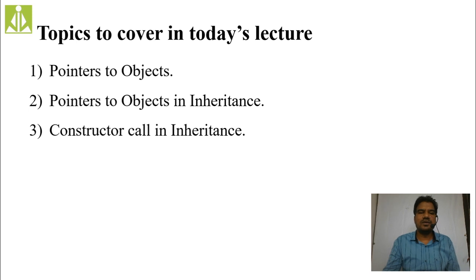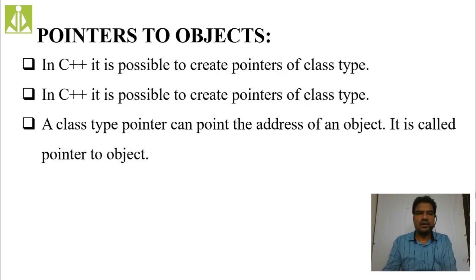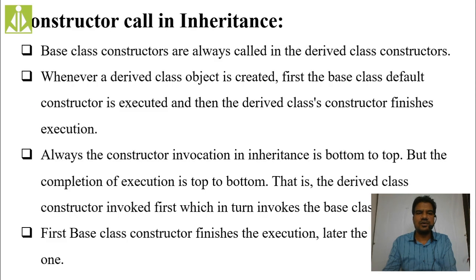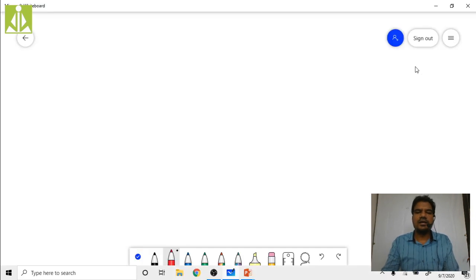So quickly, first of all, I will explain the concept and then we will see the example program for this one. So with that, we will conclude the session, hopefully. So quickly, we'll get into the topic and we'll see what concepts we have over there. So this is a constructor call in inheritance. So generally, let us assume that we have a hierarchy of classes, something like this. So base to derive. Okay.